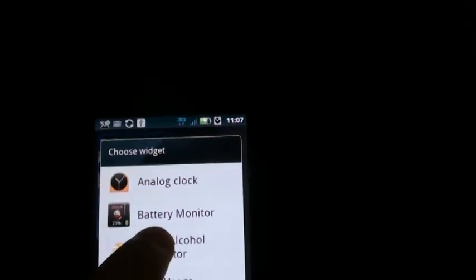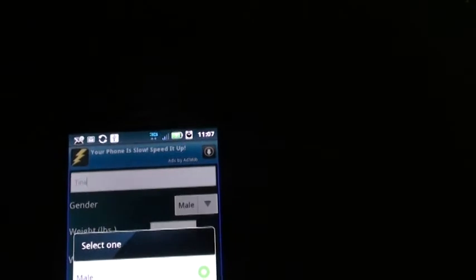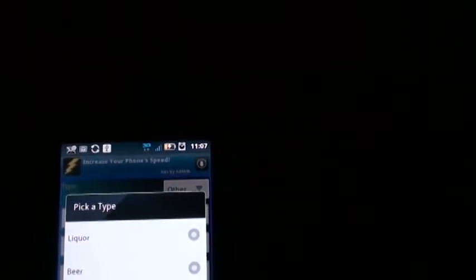Now the nice thing about this, I can set up other widgets or other people as well. So if I've got a friend with me and we want to track what they're doing, go ahead and put theirs in there, and great. So we'll set up Tina, and Tina is female. She weighs 98 pounds, and we'll go ahead and set up her drinks, and she only drinks, let's go with she drinks